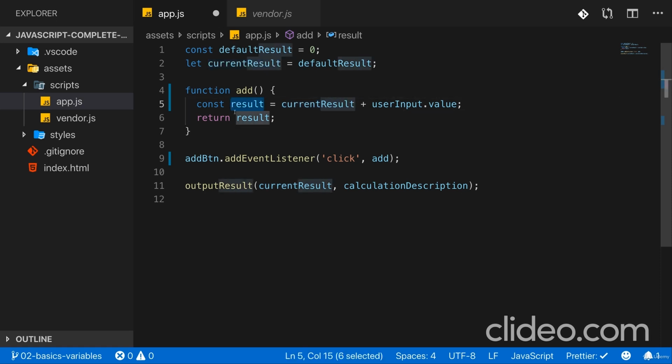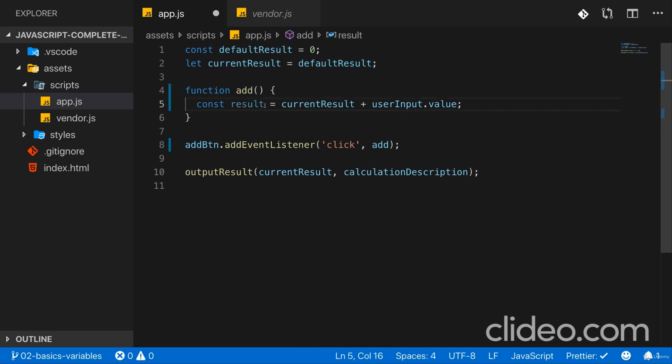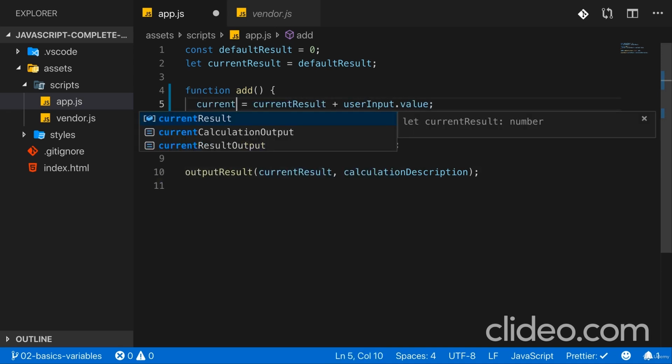We then derive that result, we return that result, and of course that's another problem. We return the result, but we don't really care about the return value here. We're telling the browser, when the button is clicked, call the add function. The browser, however, doesn't care about our result. It just knows, on a click, I execute this function. I don't care whether you return something, and if you do, what that would be. So we can actually change that and just make sure that we immediately change the current